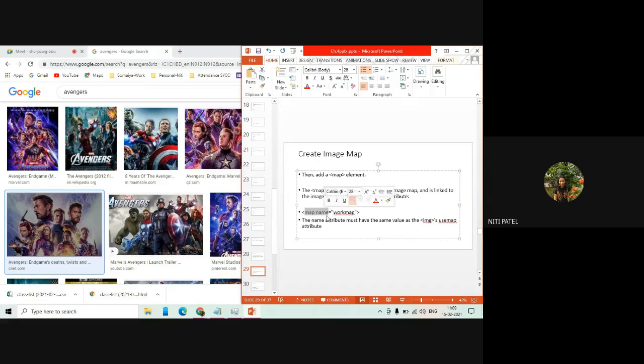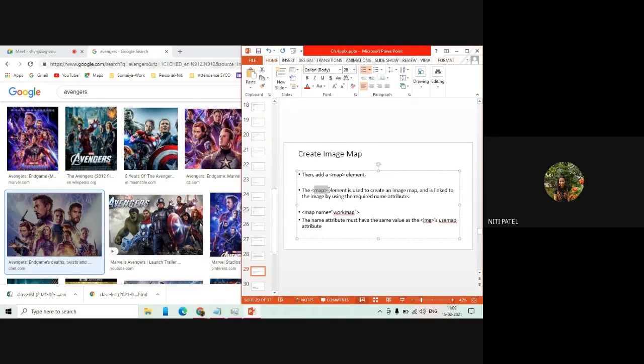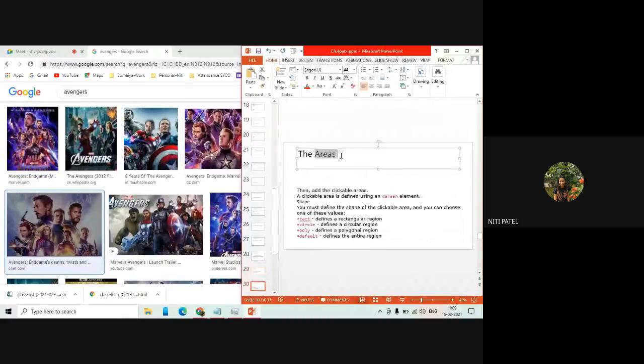Okay. Now next is, along with this map tag we know that we have to make use of this area tag also. What will this area element do? It gives us the coordinates or it gives us what type of shape that particular image is of. Okay. It can be a rectangle, a circle, a polygon, or the entire region. So if it is only a rectangle, you have to specify the area as rect. If it is a circle, you have to specify it as circle. If it is a polygon, you have to specify it as poly. If you want information to show wherever you click in the whole region, you have to keep it as default.